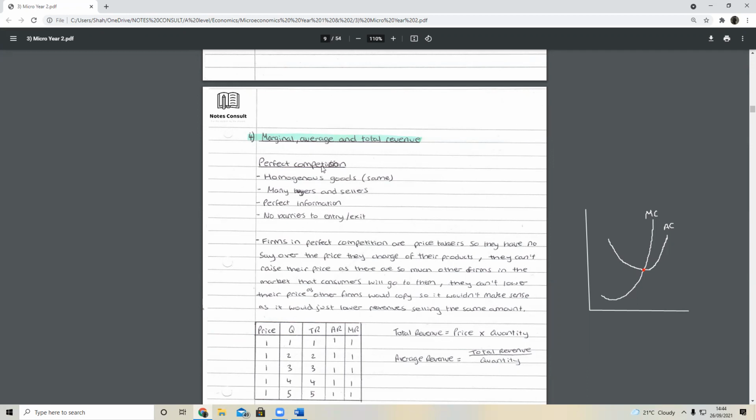So what we're going to look at is something called perfect competition. What types of firms are in perfect competition with each other? These are firms that have homogeneous goods, which is identical goods. Homogeneous just means identical. Perfect competition doesn't actually exist in the real world. It's a fantasy kind of thing that we've come up with in economics, that some firms can be exactly the same as each other. In reality, it's not really, because there's always going to be some differences.